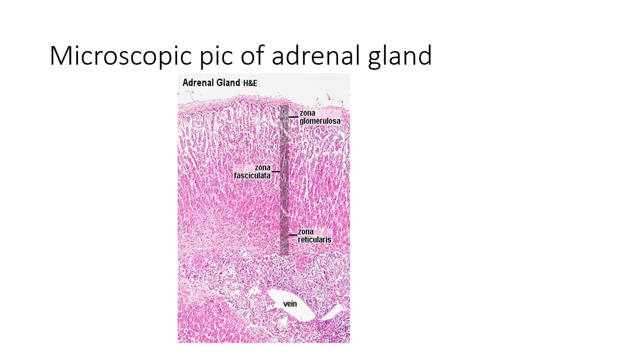Then coming over to the innermost zone of the cortex, can you see the zona reticularis? The cells are again rounded or polyhedral in shape, and they are present in the form of anastomosing cords. The innermost area where you can see the vein is actually the adrenal medulla, which is taking up the basophilic staining, and the cells are smaller in size. So when this slide comes in the exam, you can very well identify it from the layers, staining and arrangement of the cells. How you are going to draw it, let's see in the next diagram.